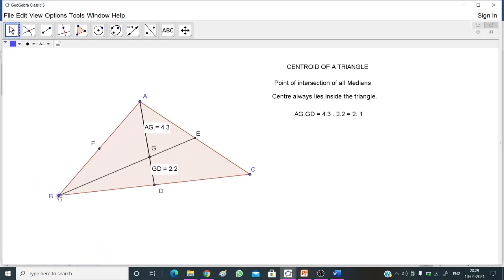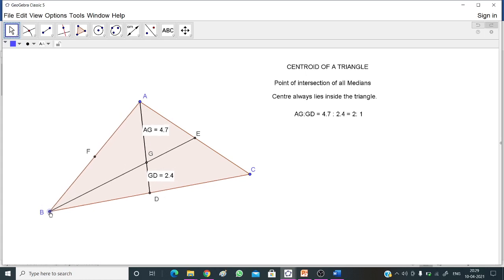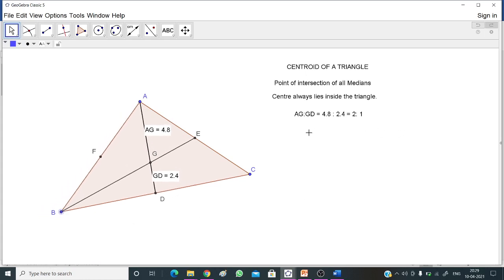For more precision, you can set the labeling to 2 decimal places. And you can also show the coordinate of G, which is (x1 plus x2 plus x3) by 3. For this, let me show one more thing.